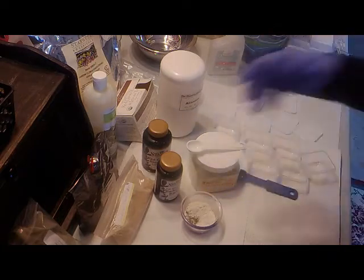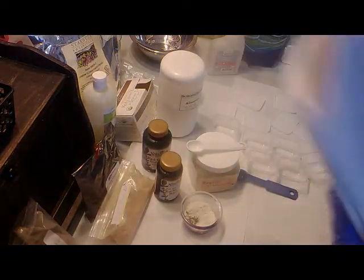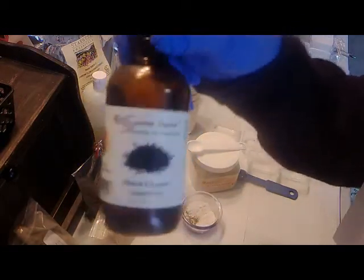So the charcoal, activated charcoal, this is your main thing. You're going to use a whole tablespoon of that. And don't be afraid to put a little bit more if you want to. The essential oils, things like black cumin. I get this from